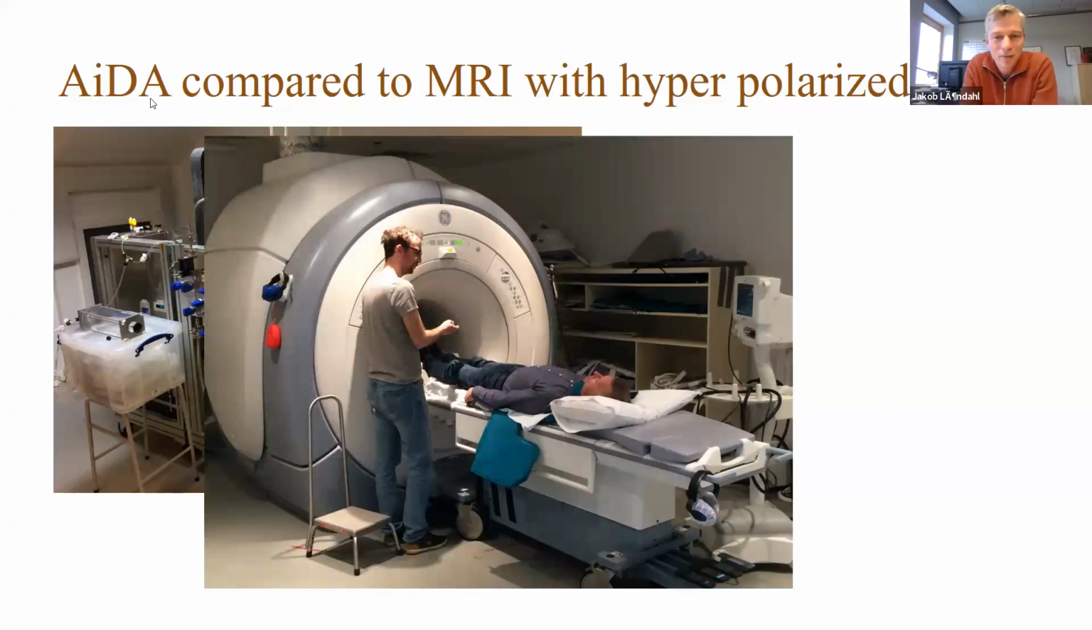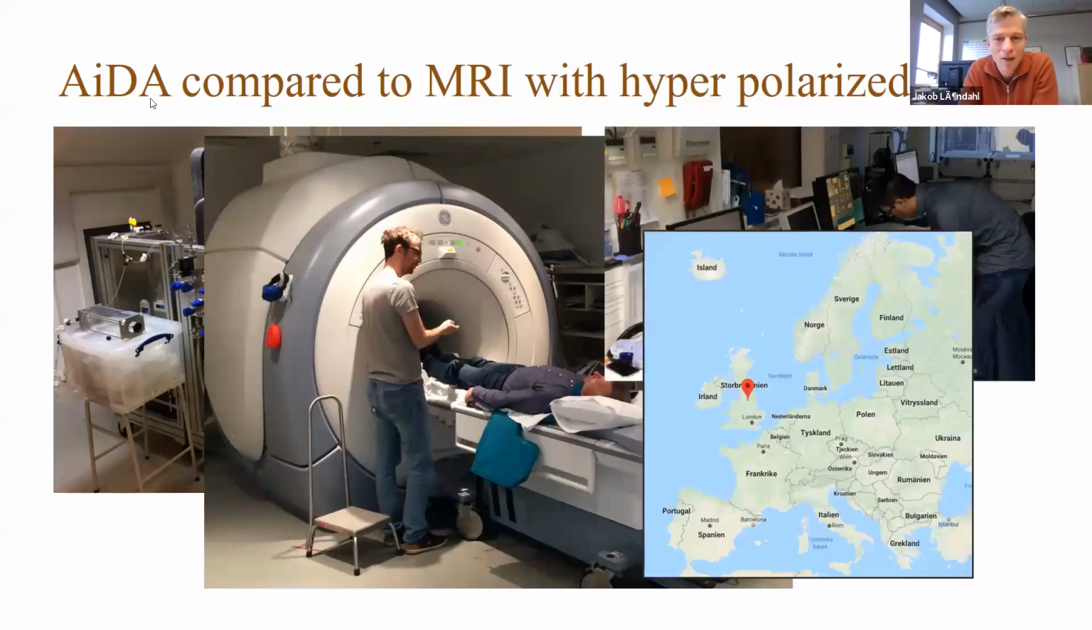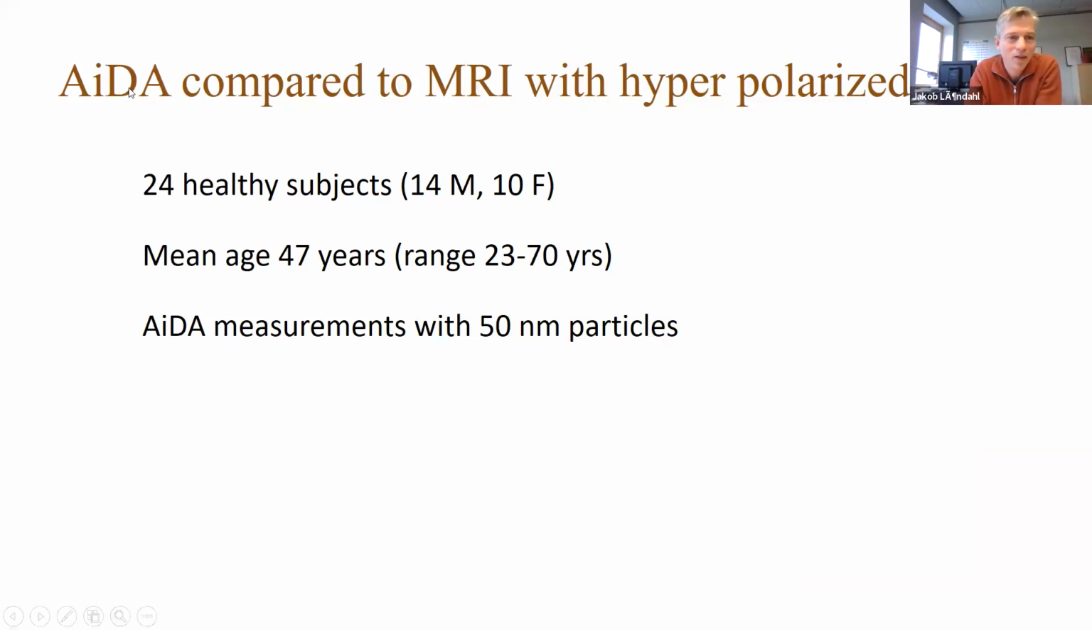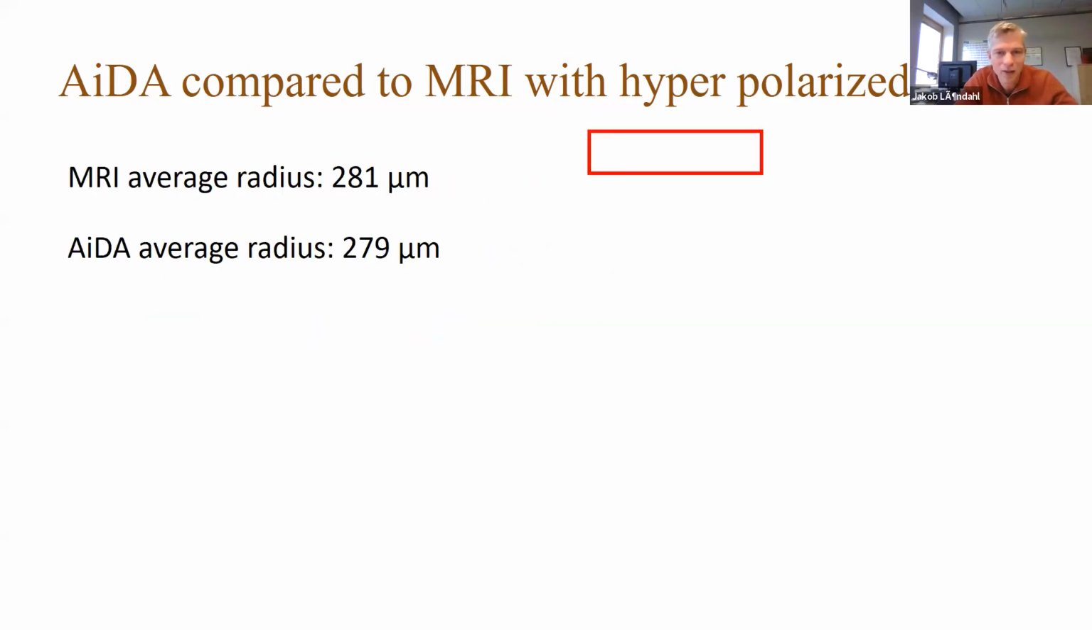So we had a group of 24 healthy subjects that we measured with our method, which we now called airspace dimension assessment with aerosols, in Sweden. And then we made two journeys to Sheffield and measured with the MRI and compared whether the diameters we got from our aerosol measurements had some relationship with the diameters measured with the MRI method. And quite interestingly,